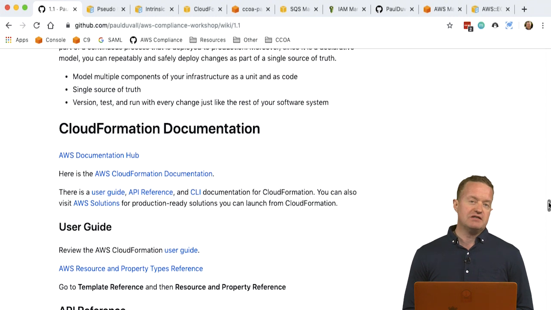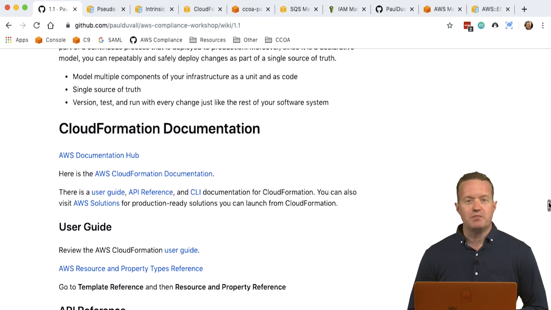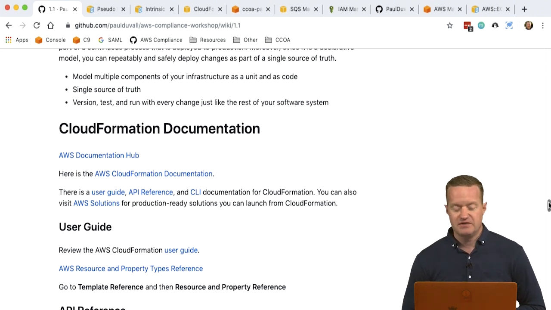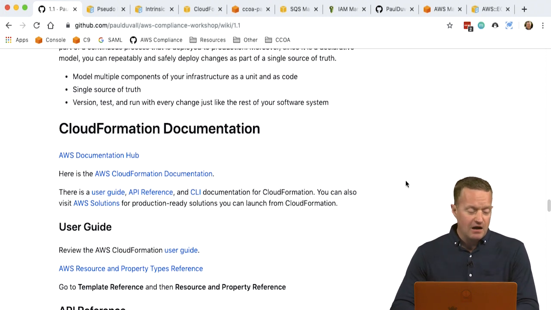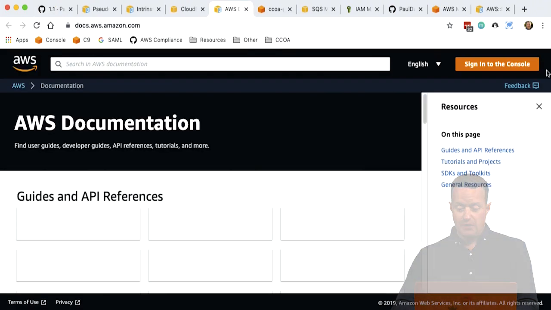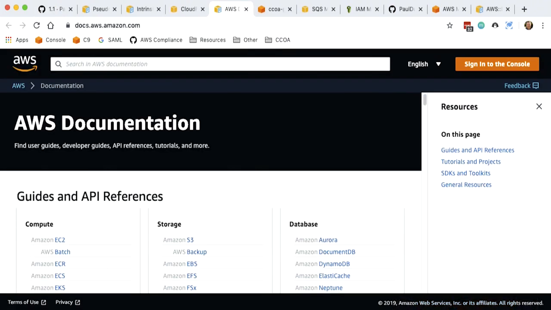So CloudFormation documentation, you're going to be referring to CloudFormation documentation all of the time. It doesn't matter if you've been using it, you're always referring to the documentation. So use these throughout the course, but also as you start to use CloudFormation if you haven't used it already. One of the first links is pretty interesting, and not a lot of people know that this exists,